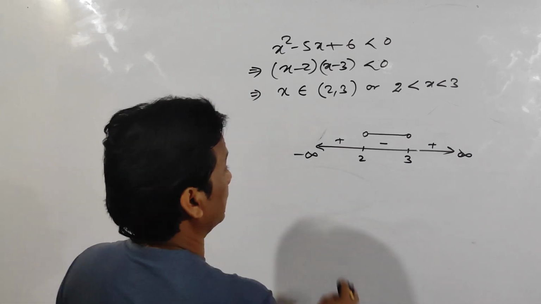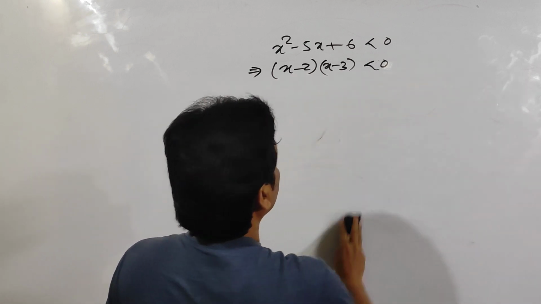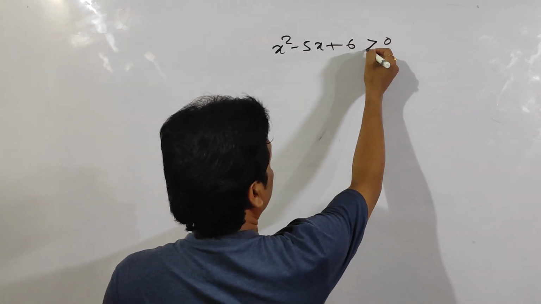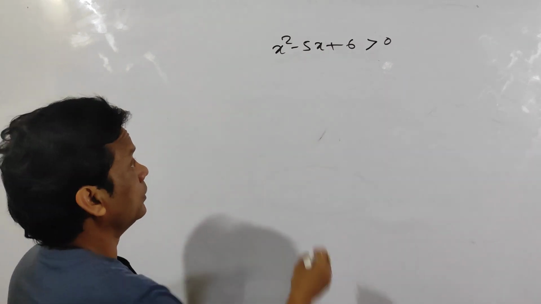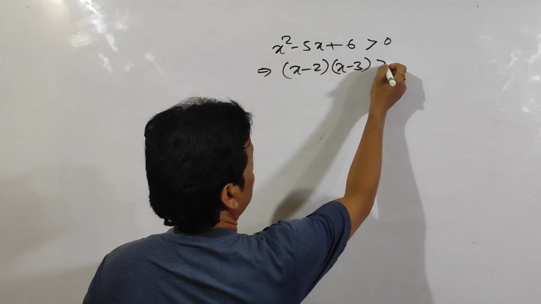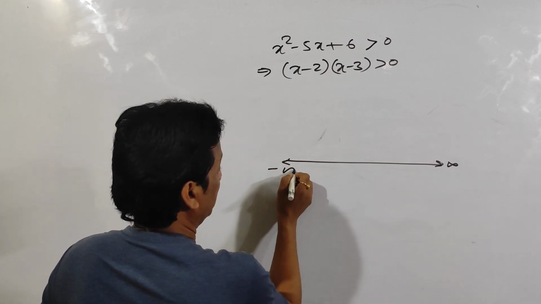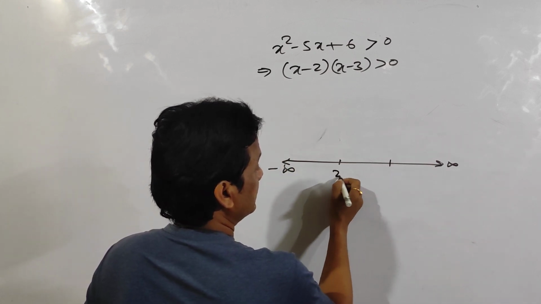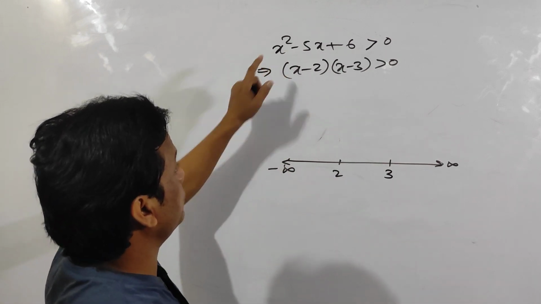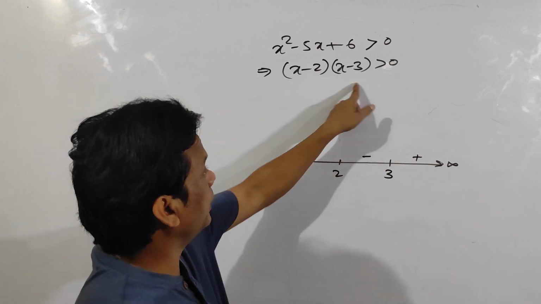Okay. So let us take another question. Same question, only I am changing the sign. That means I am taking greater than 0. Clear? So I can write x minus 2 into x minus 3 is greater than 0, and x equal to 2, x equal to 3 are the 2 solutions. Draw the number line: this is minus infinity, this is infinity. So 2 is less than 3, so you should write 2 on the left and 3 on the right. The coefficient of x square is positive, so positive, negative, positive. And your requirement is positive.